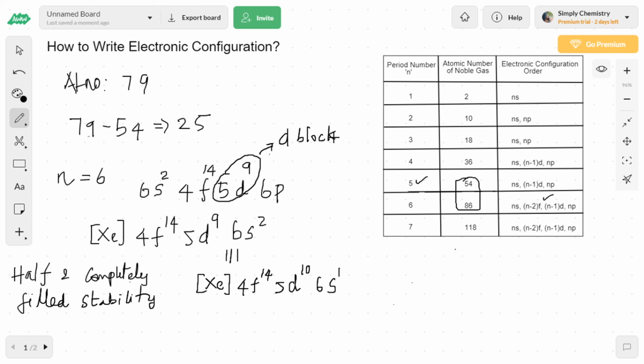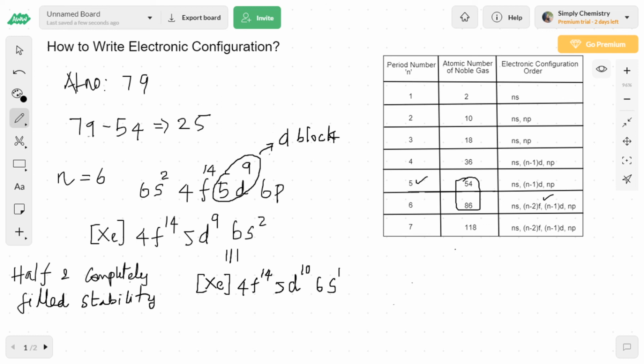The advantage of this method is that it is applicable to all the elements, and we can find out to which block it belongs. And we also find some deviations while dealing with the F block elements, where we get a different configuration than the actual ones. The reason is that the real ones do not obey, or are not based on, the Madelung rule. So we do observe deviations in case of some of the F block elements, and this method holds good with almost all the rest of the cases.